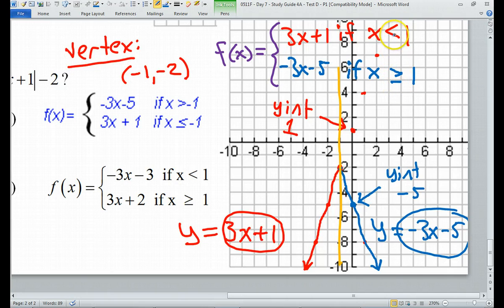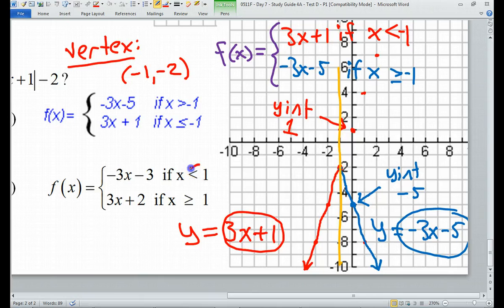It could be less than or equal to 1 and greater than 1. So I won't let that throw me. But, oh wait, it's negative 1. I don't know why I put positive 1. That's negative 1, and this is also negative 1. Okay, so right away, the fact that these have to be negative 1, because that's where the cutoff is,